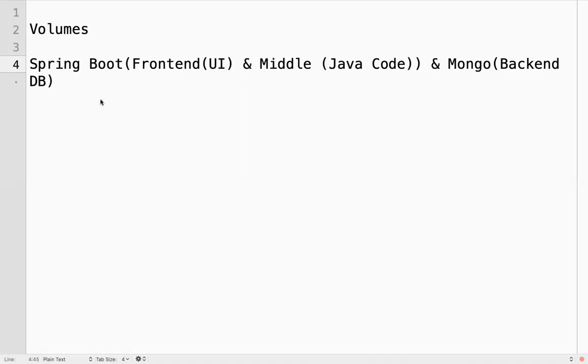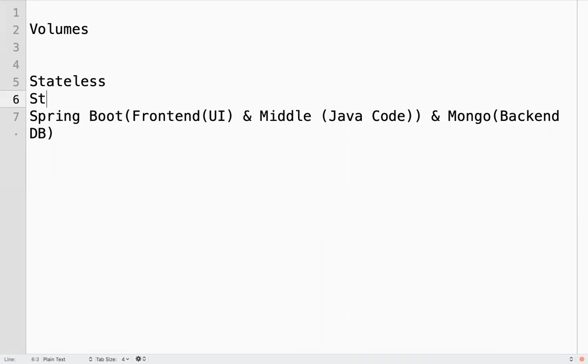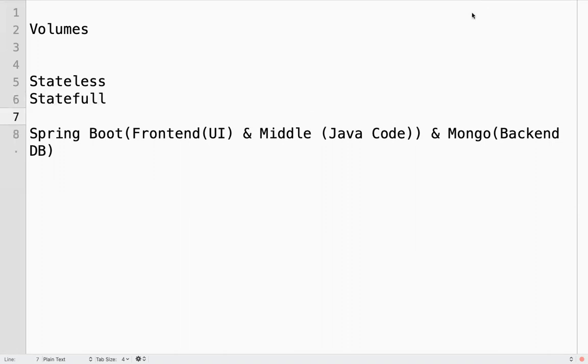When we discussed Docker, I explained there are two types of applications. What are those? Stateless application and stateful application, right? We need to be more worried about the stateful application.